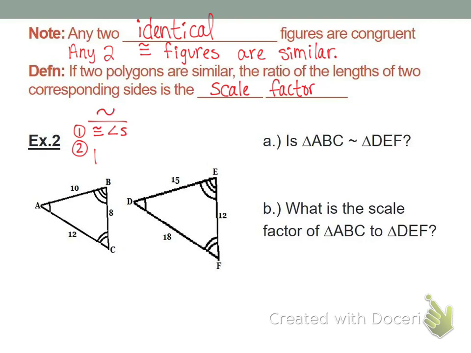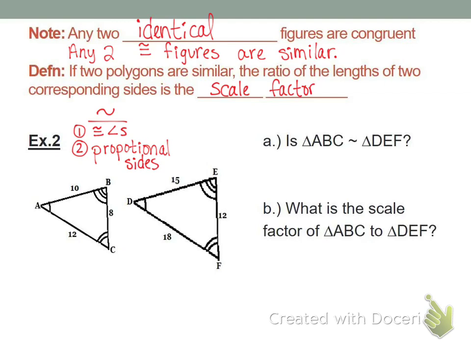Proportional sides. Very good. That's the word that I like to use. Proportional sides. Yes, we want to make sure the scale factor would be the same all the way around. That would mean that the sides are proportional. So anytime you're asked if two figures, triangles, quadrilaterals, anything else, are similar, you need to